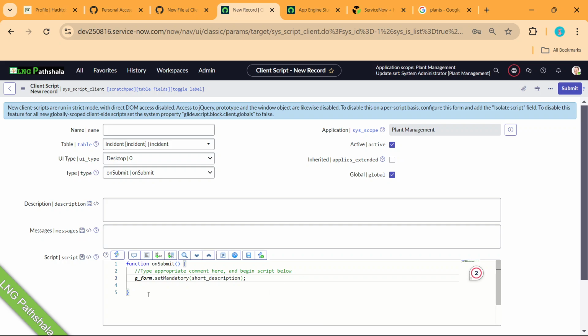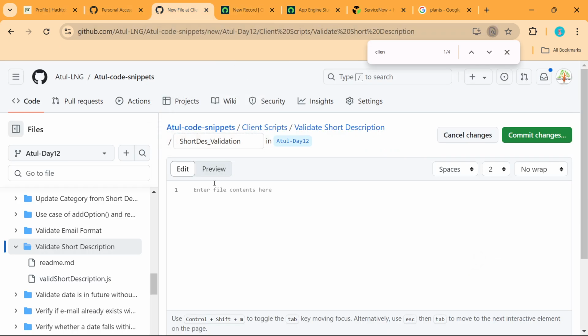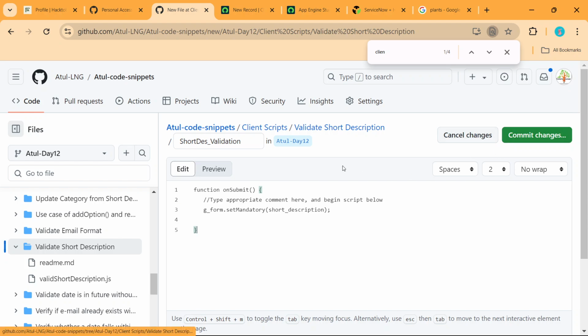That's all. Let's say I'm just doing this part. I know that I'm not a developer, so you might be laughing at me, that Atul, what you're doing is wrong. But let's do this thing. So you have to put it here. That's all, and then it's done.